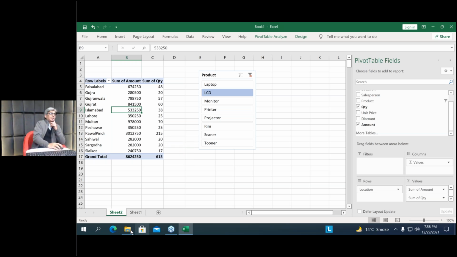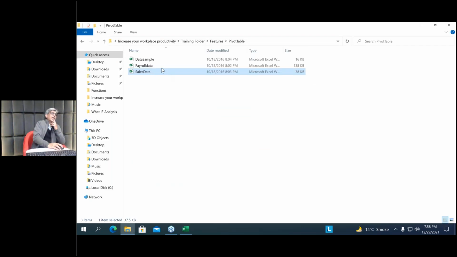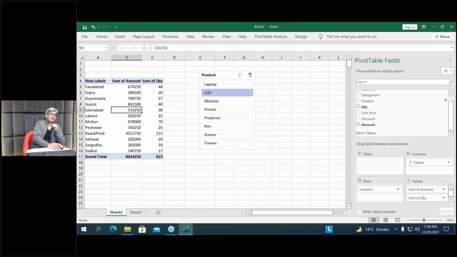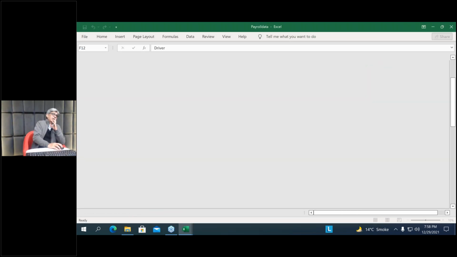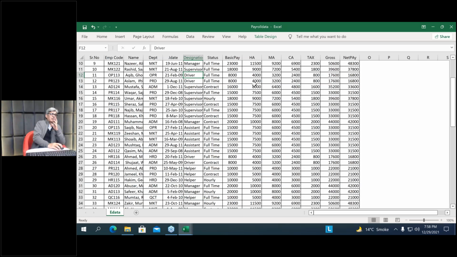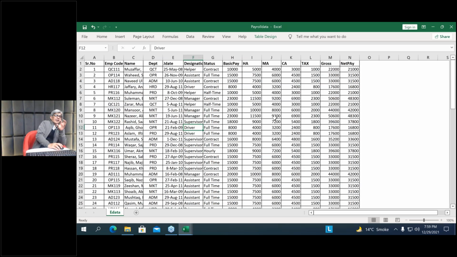Feroz, can you, or maybe the participants, download this payroll data? This is the payroll data, simple stuff. There is an employee code, name, department, etcetera. So they can generate some meaningful pivot tables based on this data. That is their simple task for tomorrow, and we will extend it tomorrow. We will have another task based on this data,